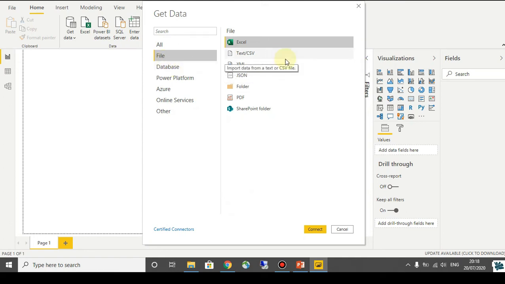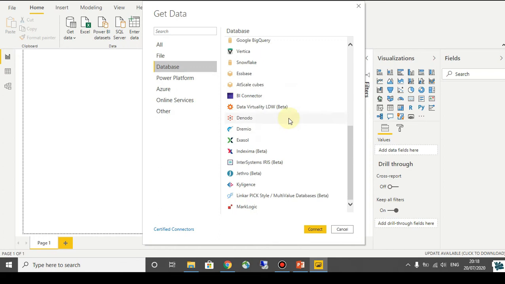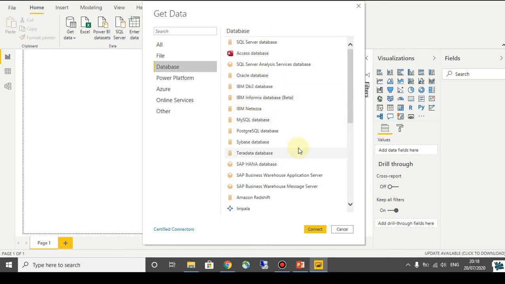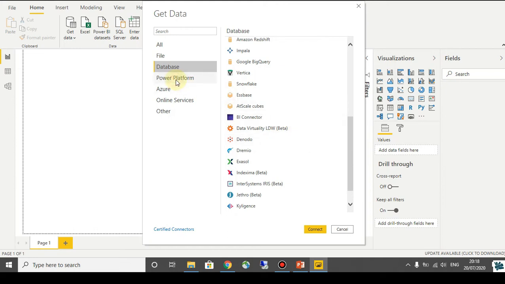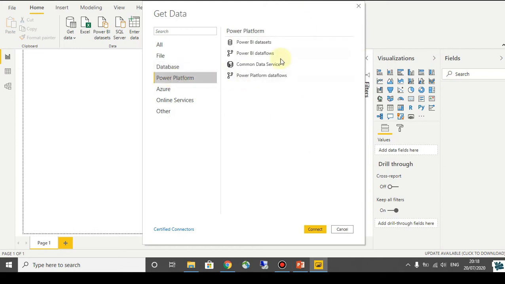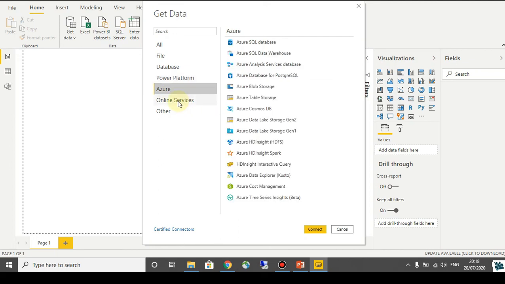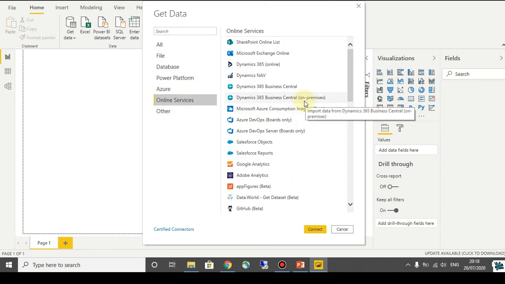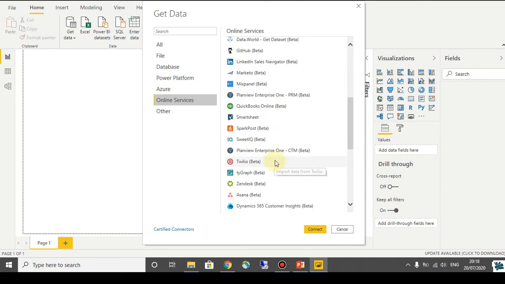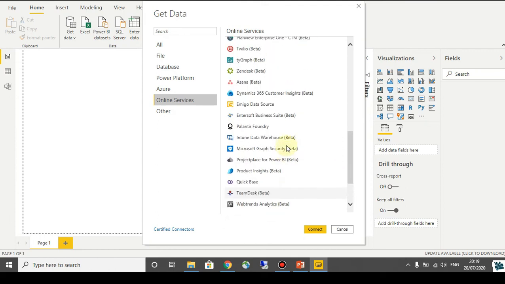In the file category we can import data through Excel, CSV, XML, JSON format, or from a folder, from PDF, SharePoint folder, etc. In the database category, there are various databases through which we can import the data, like IBM, SQL Server, Azure, etc. In the Power BI platform, these are the options through which we can import the data, like Azure, and some online services like Office 365, Dynamics 365, Microsoft Exchange Online, Salesforce Objects, or LinkedIn.